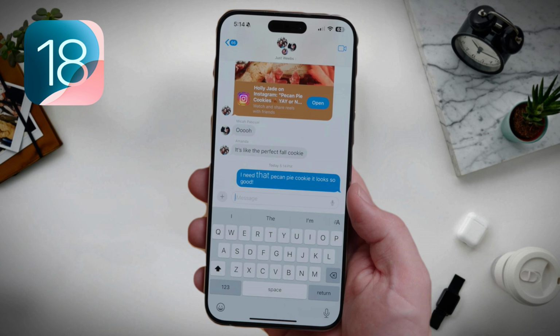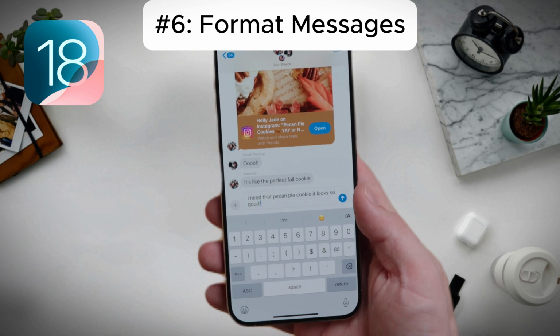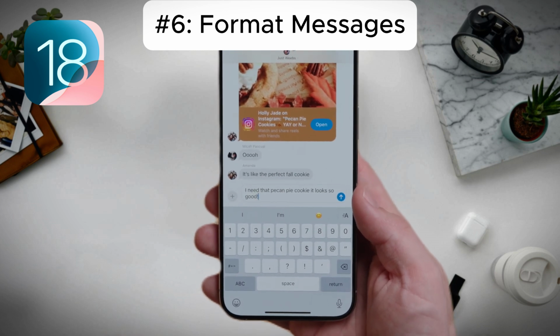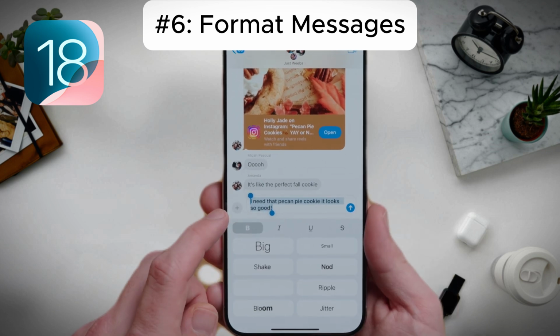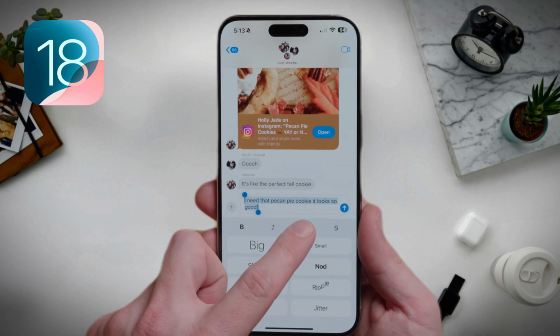Next, let me show you some really cool tricks in Messages, and the first one is Messages Effect. So in Messages, after you type a message, you'll notice this new icon on the top right of the keyboard. Select this, and you'll now get a bunch of options to help you add a little more expression to your